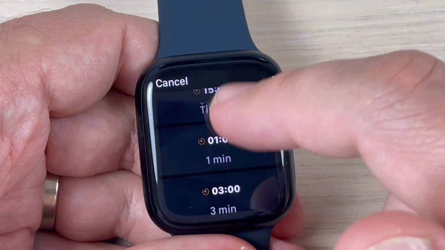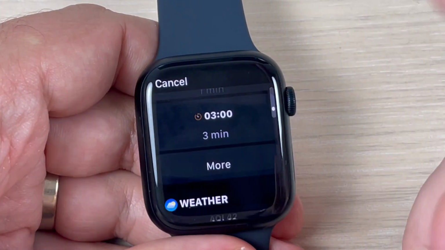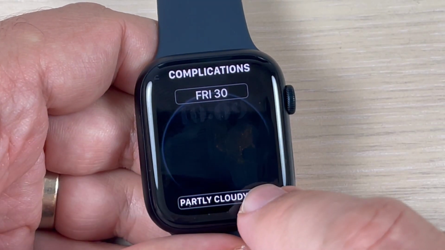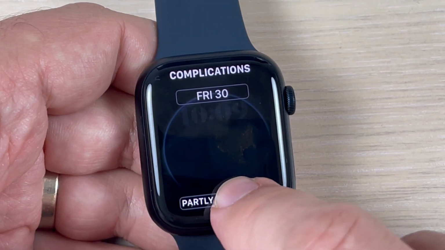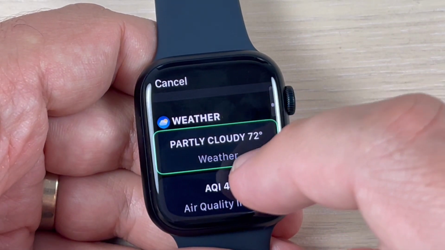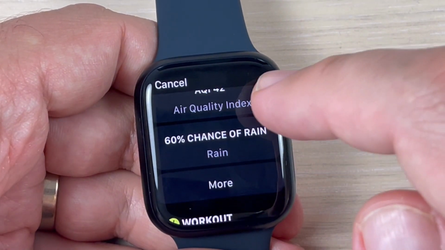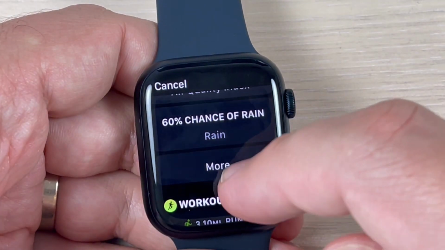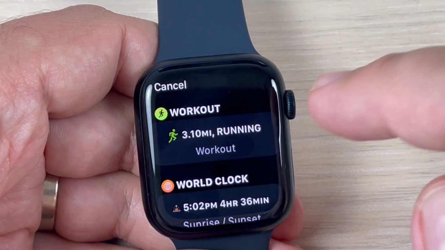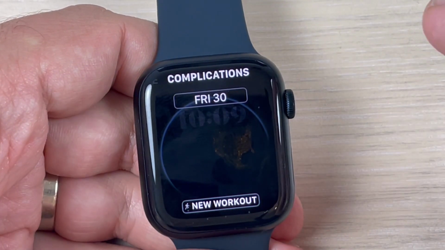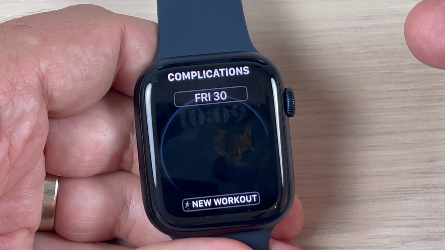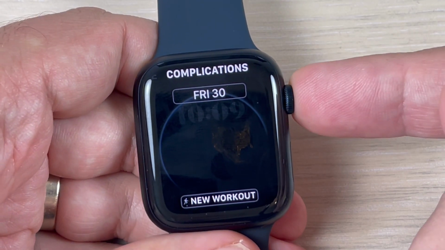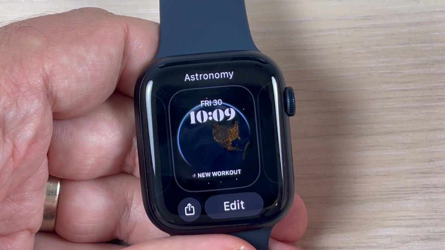reminders, and we have a lot. Okay, I will let the date. And here we have another one. Just press here and now it's the weather, but also you can choose let's say chance of rain, workout or world clock. I will choose workout, and to set these new complications and this customization, just press once and now